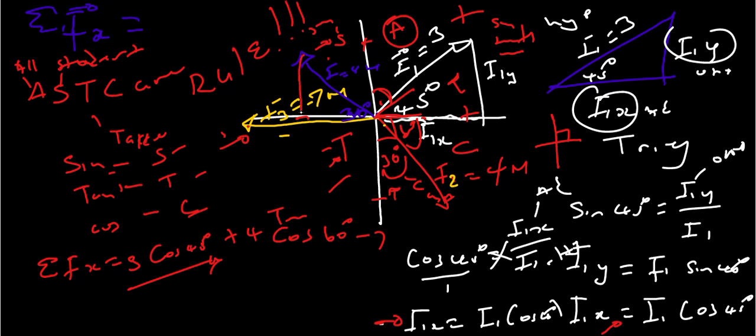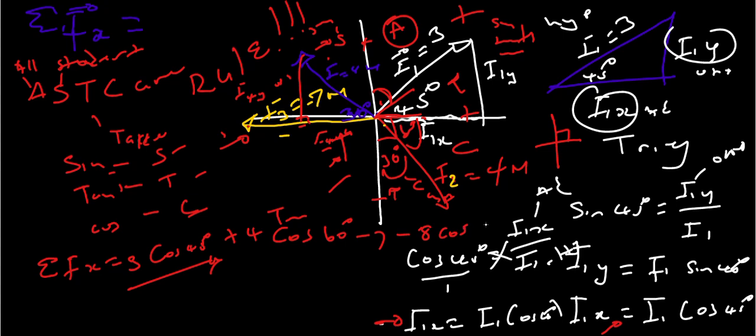If we close this, we have an opposite here, which is F4 y, and then F4 x. Remember, we're dealing with cos here, and cos here is negative, so it's going to be negative 8